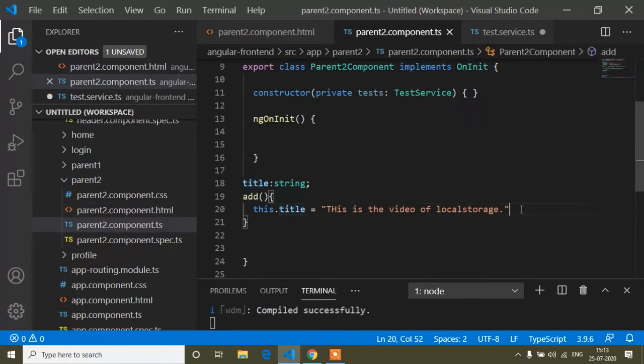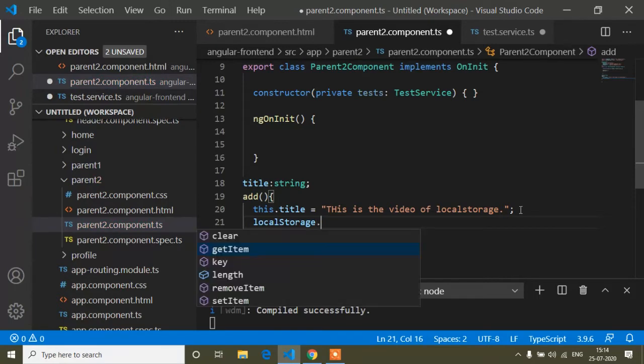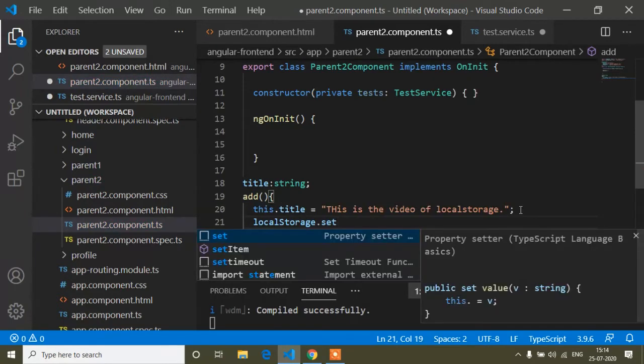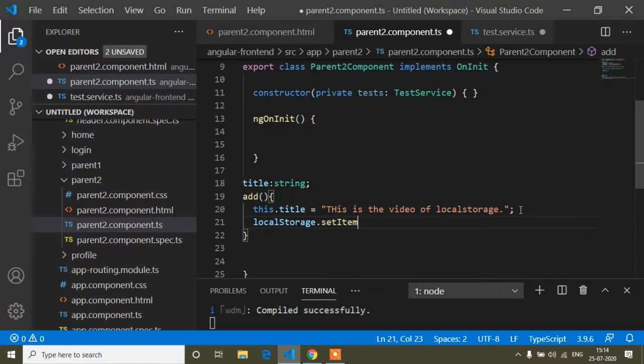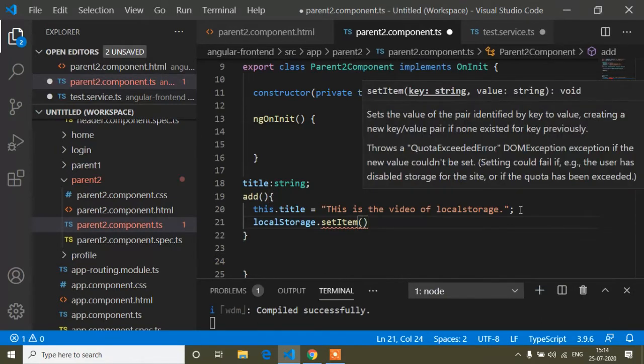So just here add a semicolon, and now here I will write localStorage dot setItem, because first of all we set the item inside the local storage. When I write parenthesis, you can see it's showing the format of local storage. First of all we have to write the key and then the string. That means, guys, local storage always stores string values, not numbers. String means value, you can see here it's showing the value is string.